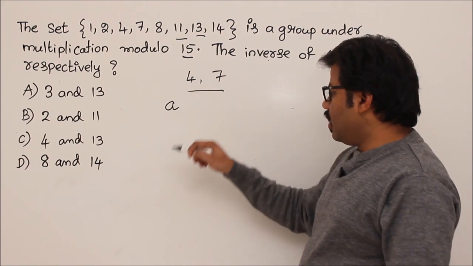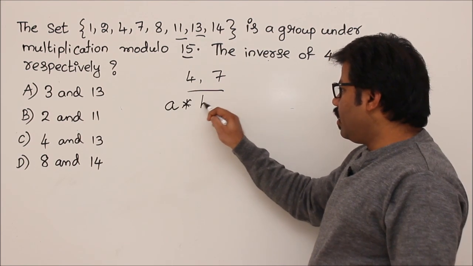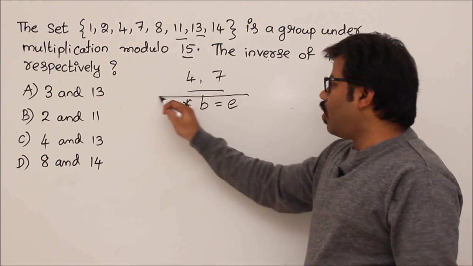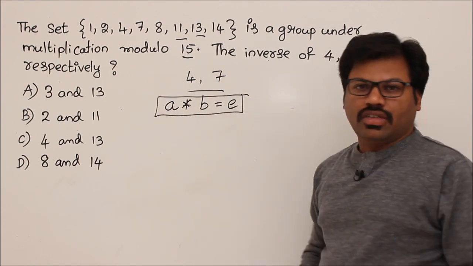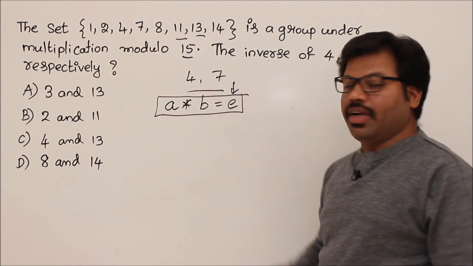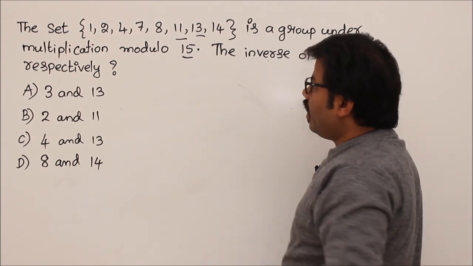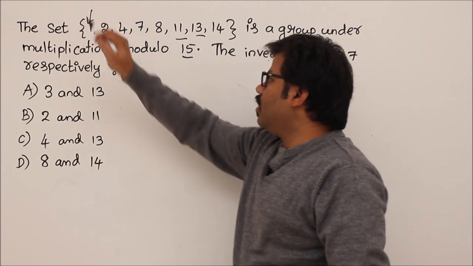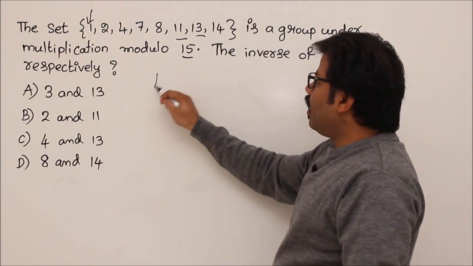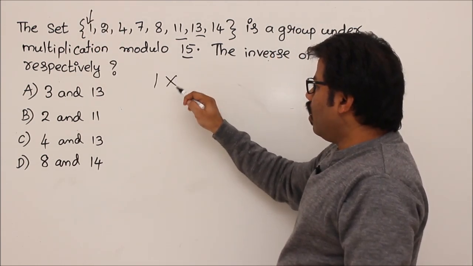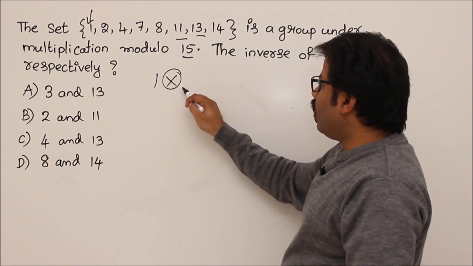Element A has inverse, let's say B, then A star B equals E. That is the property of inverse, right? First you should know what the identity element is here, then the problem will be easy. So here the identity element is 1. Why, sir? Because you see, if you apply 1 multiplication modulo 15 to 2,